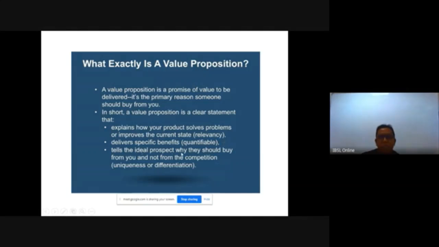Tells the ideal prospect that they should buy from you and not from the competition. Yeah, because of that benefit, they will come to you without buying it from the competition. It's a uniqueness for the differentiation. So that is how you can position a product very strongly against the competition, and you